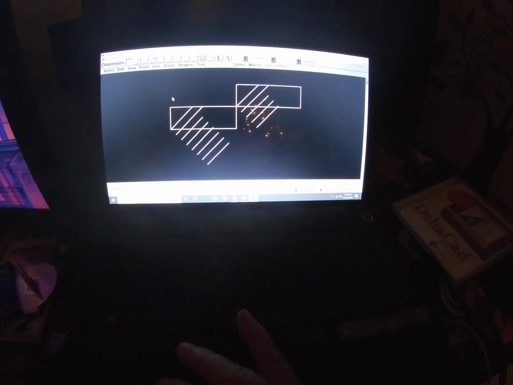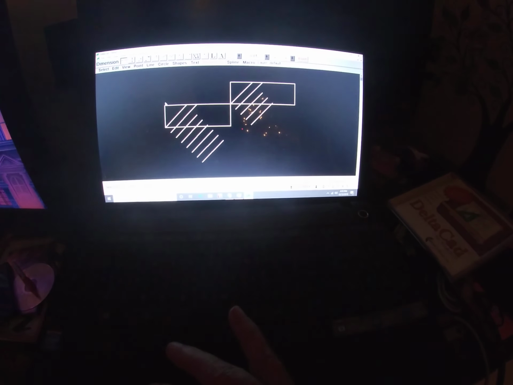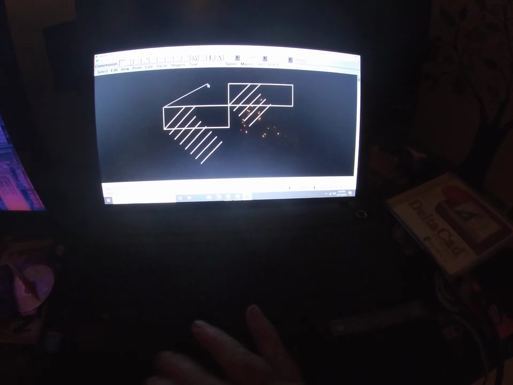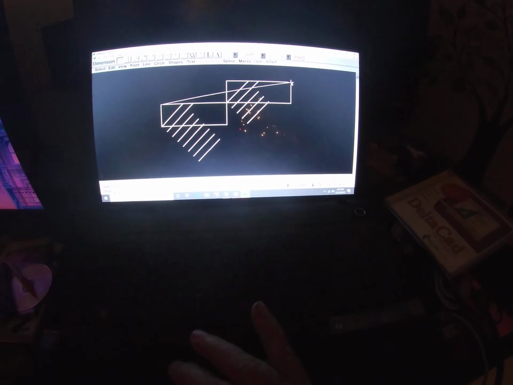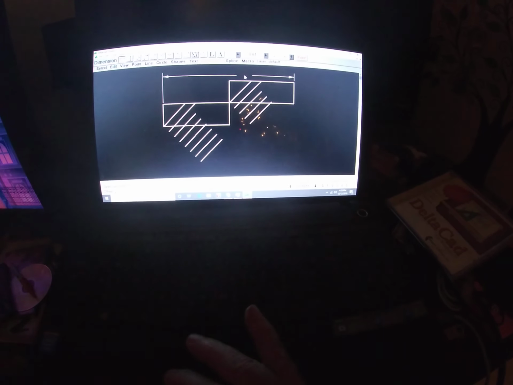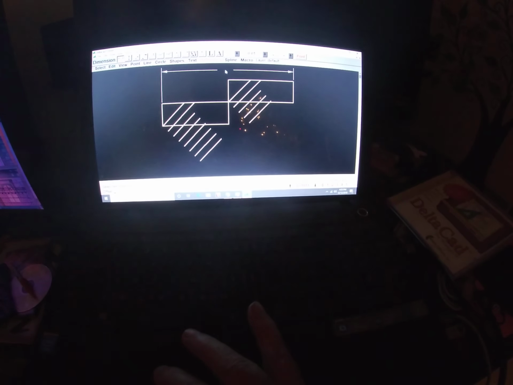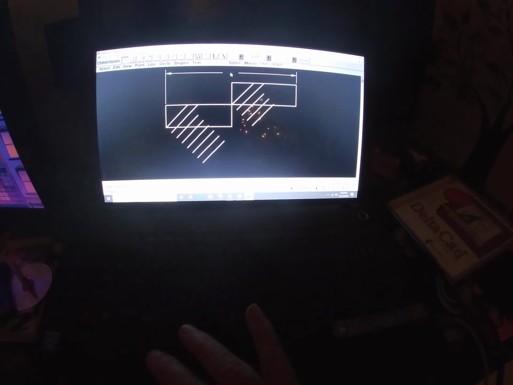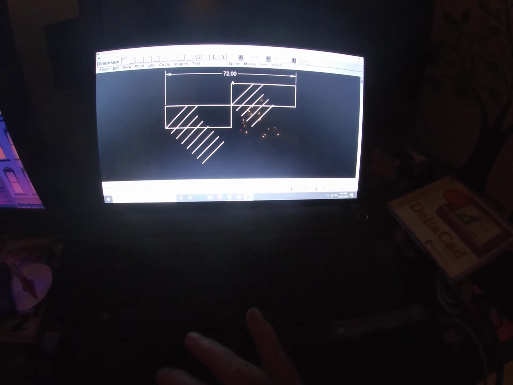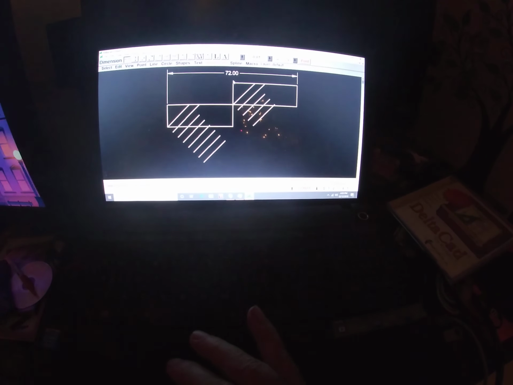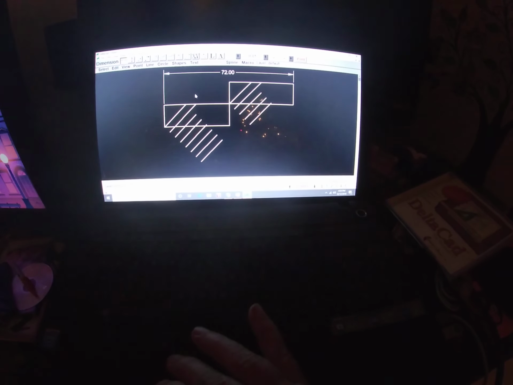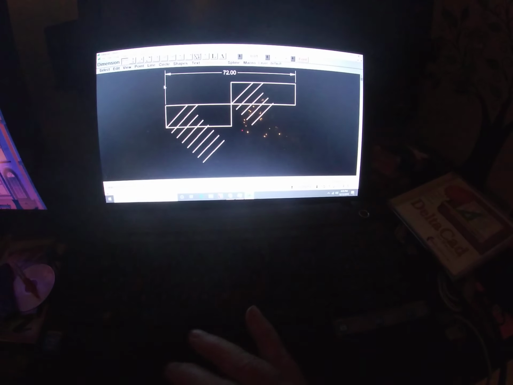and it's set to horizontal now, let's click here. We'll just do an overall length. We click there and we'll place the dimension where we want it. So it's 72 inches, 36 and 36. So if we want a vertical